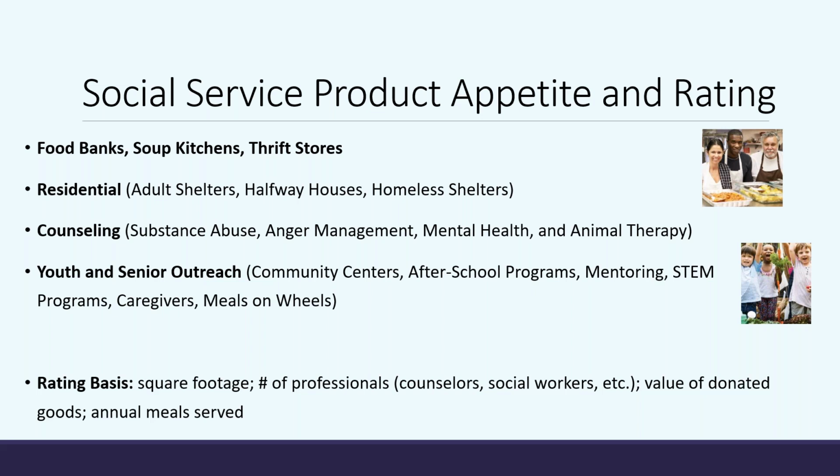And as far as rating, I'd say the best thing to do is just get whatever information you can. Most of this is going to be the description of operations. So what are they doing? We've had multiple times where we look at an organization and they say they want to save the world, and then you see all this stuff on their website, and it's a whole gamut of different stuff. And then you look at their financials, and maybe they only bring in $10,000 a year. So what are they actually doing? Maybe they're only feeding the homeless.